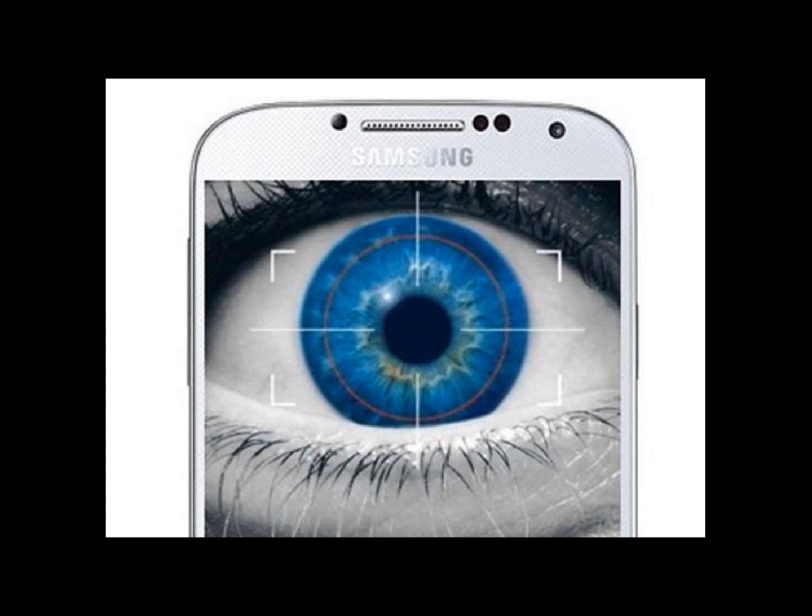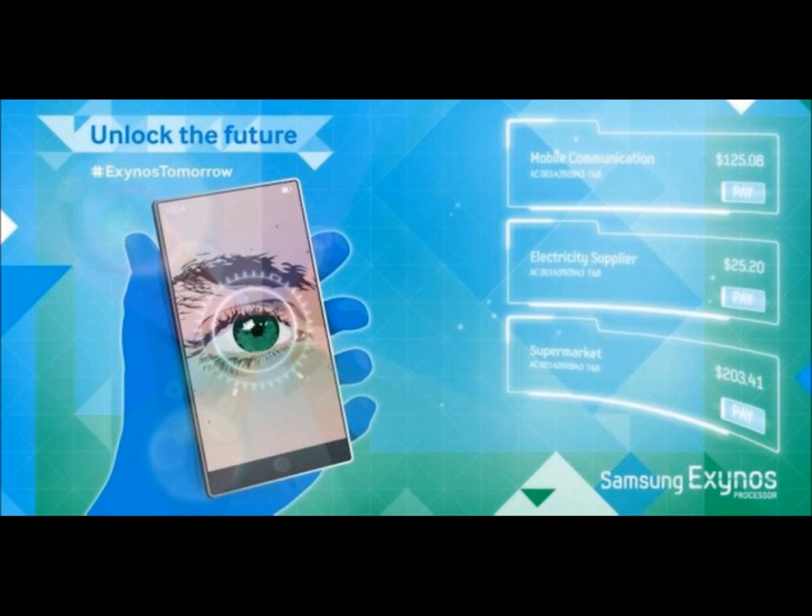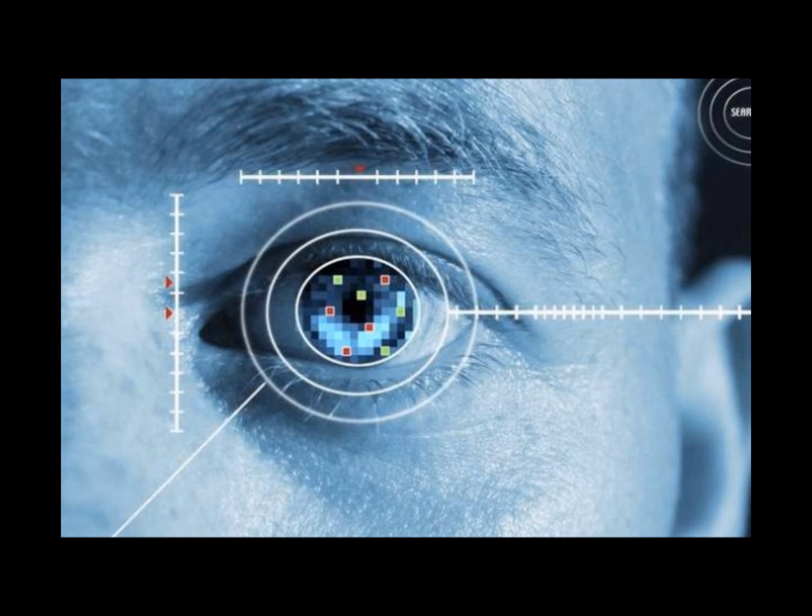It is not to be confused with another ocular-based technology, iris recognition. The biometric use of the scan is used to examine the pattern of blood vessels at the back of the eye. Retinal scanners are typically used for